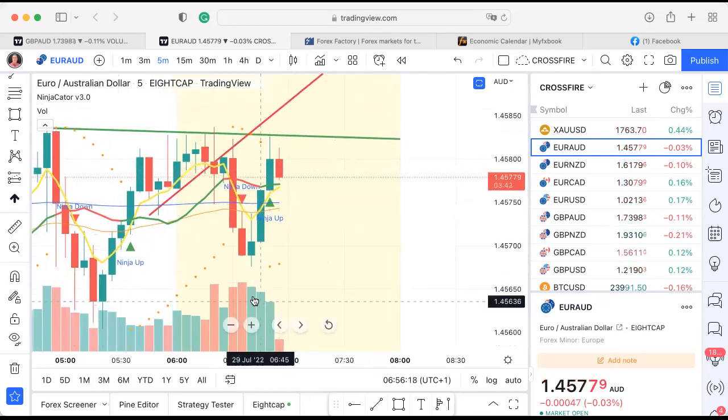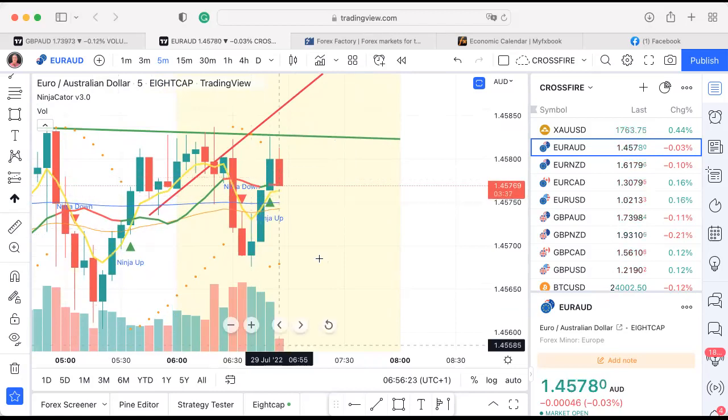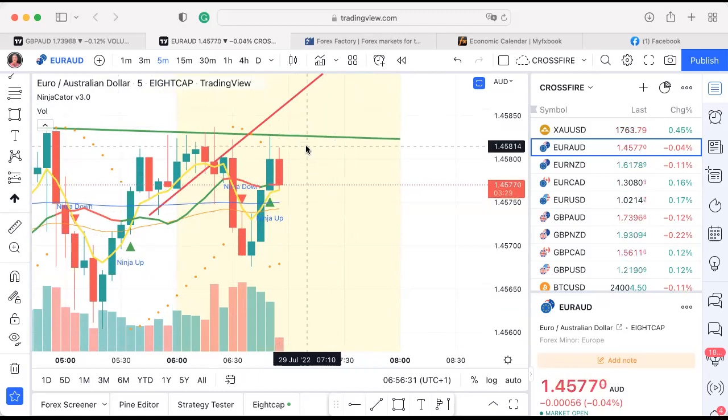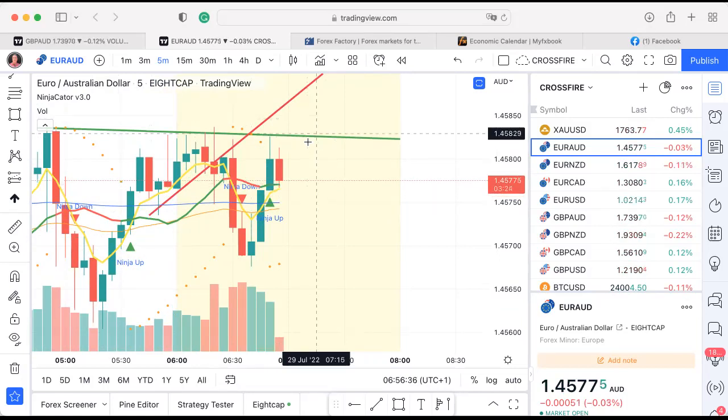So we've got sellers in control there where we had three green candles. We've now got buyers in control, hence the red candle. So the buyers are currently winning this battle. There's a battle going on, trying to get price above that line, and sellers say, no, we're not having that. It's going back down. Richard, could you please explain that again?